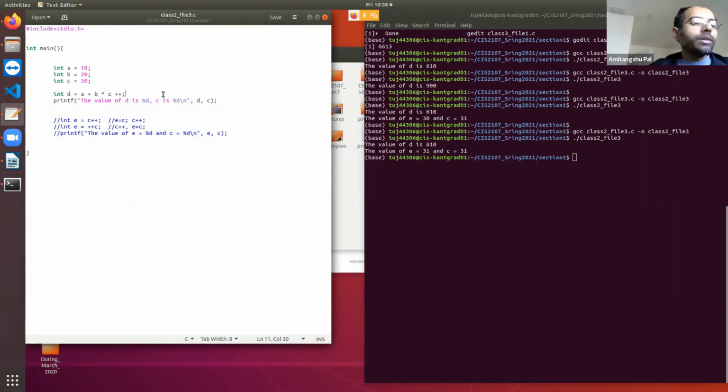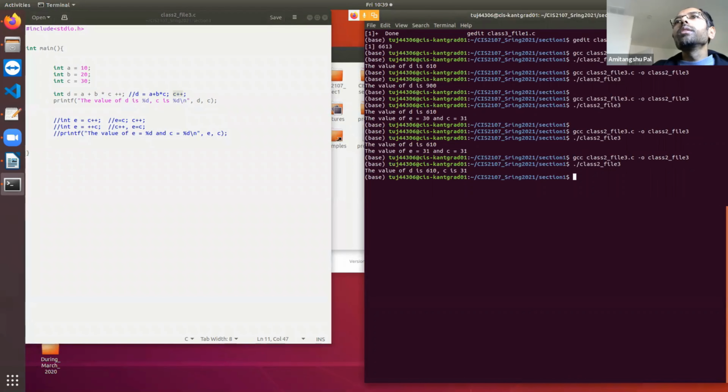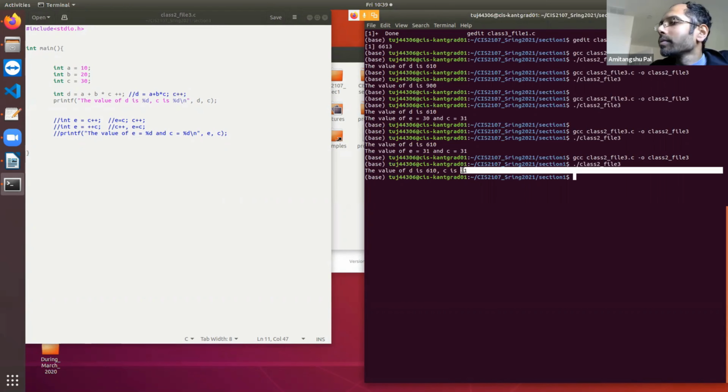That means first the previous value of C will be used. That means B equal to A plus B multiplied by C, and next C will be incremented by 1. That's it. So using the previous value of C, B is going to be 16. Next C will be incremented to 30. Okay, so D is 16, C is 31. Clear?